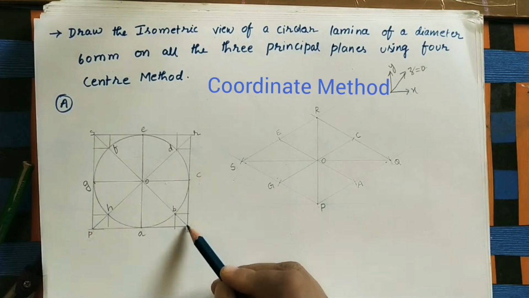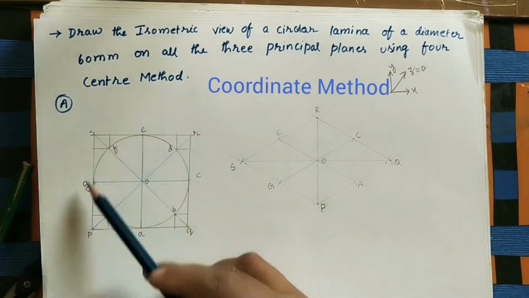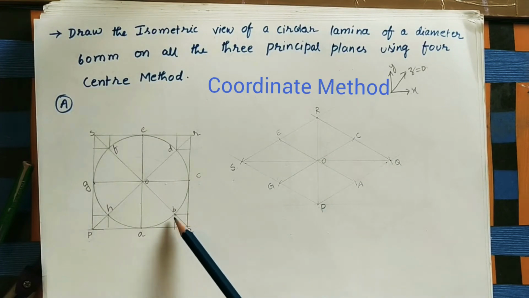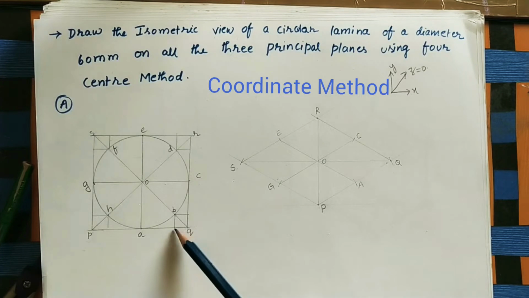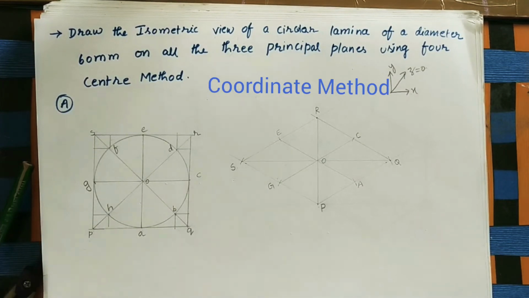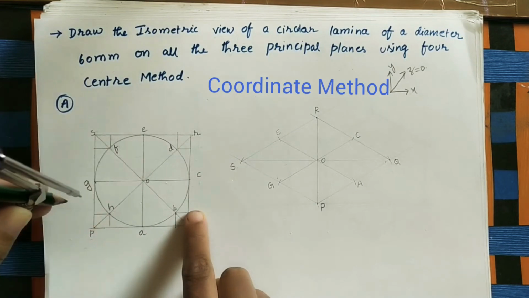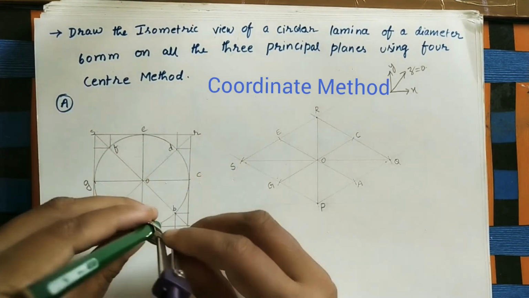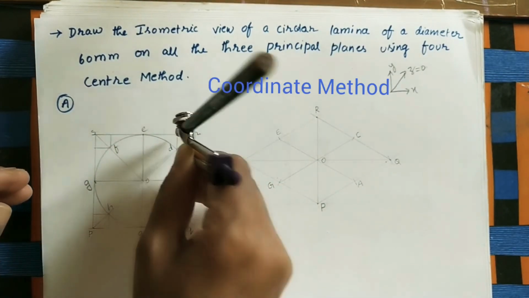For marking this, here one square is there. We have to build this square as a small rhombus here, because this bigger square is looking like a rhombus here in the isometric view. Okay, this small square is also looking like a rhombus here. Okay, now mark this length, whatever length is there, by using the compass. Okay, this is a square, so this side length and this side length are the same at Q. Similarly at R also this side length is the same. Let us check. So it is equal at all corners.